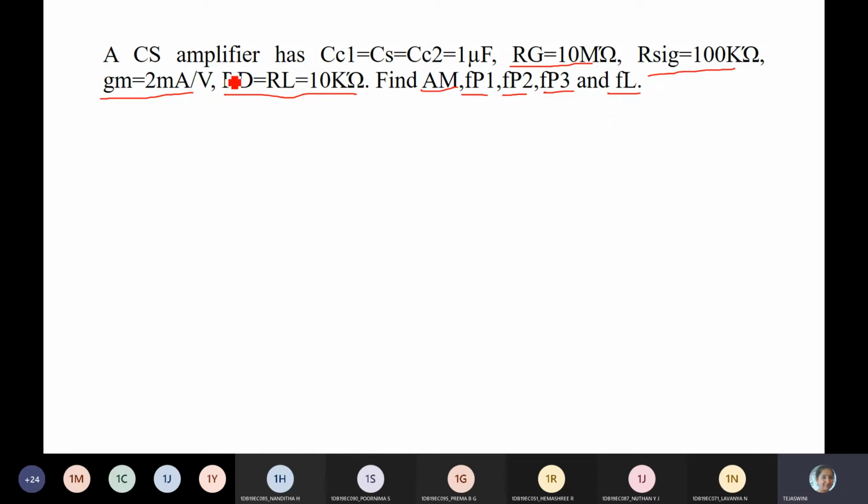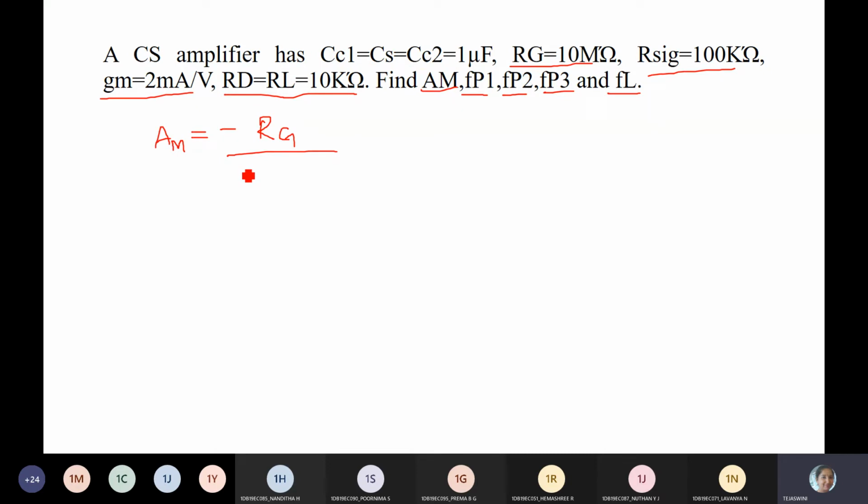How to find out midband gain? What is the formula? AM is equal to minus... Yes, go back to the frequency response. RG by RG plus R signal, minus RG...